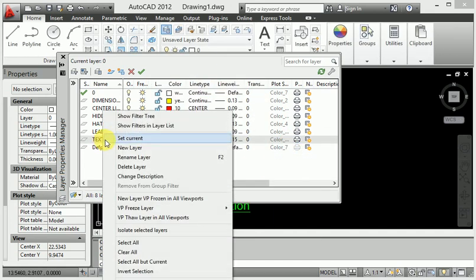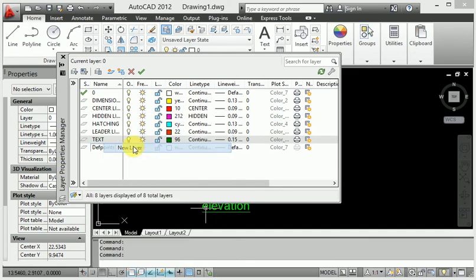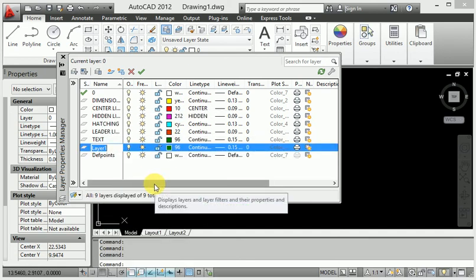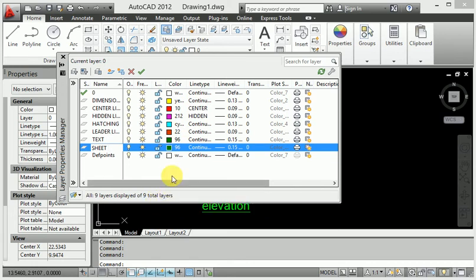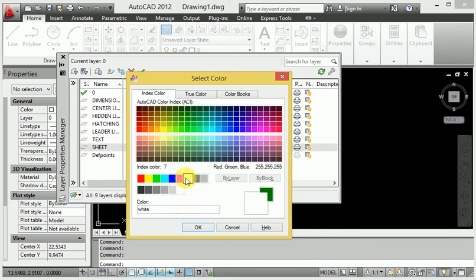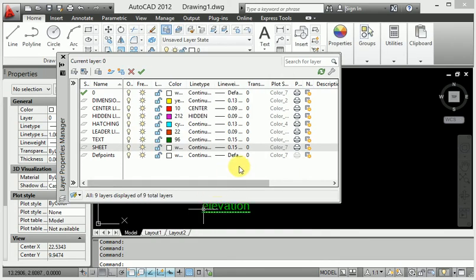Then again I will click new layer for sheet. When you set the sheet size and sheet color, the sheet is always white color, and the thickness is sufficient and continuous.